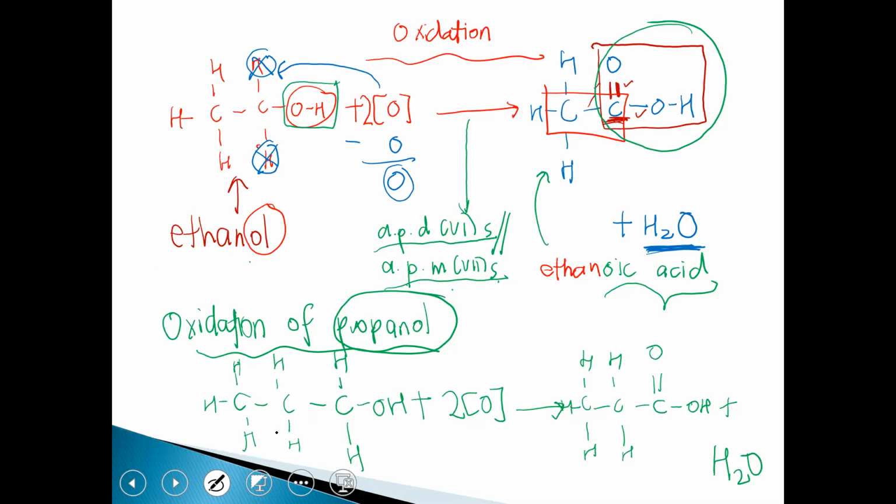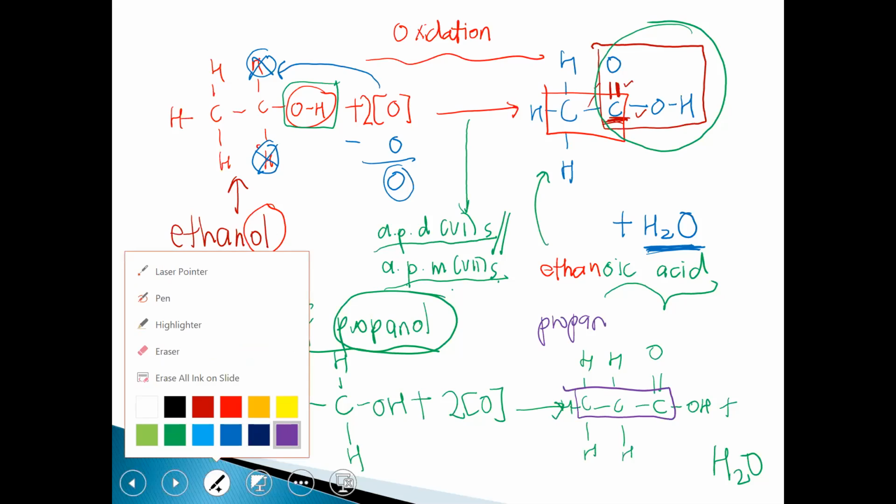Okay, I would like to call upon another person. Azman, try to answer this for teacher. Name it for teacher. Is it propanoic acid? Correct. It's propanoic acid. First, you look at the amount of carbons. 3 carbons, straight away write the word propan. Okay, very good. And then the second thing that you need to look at is